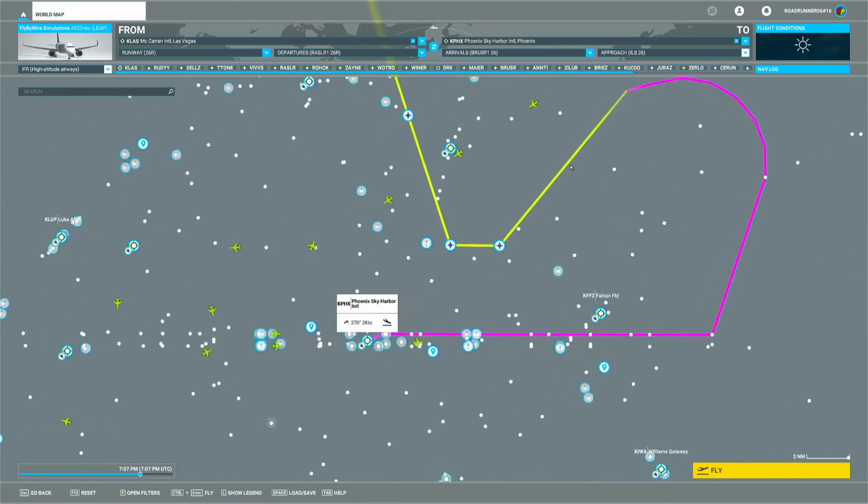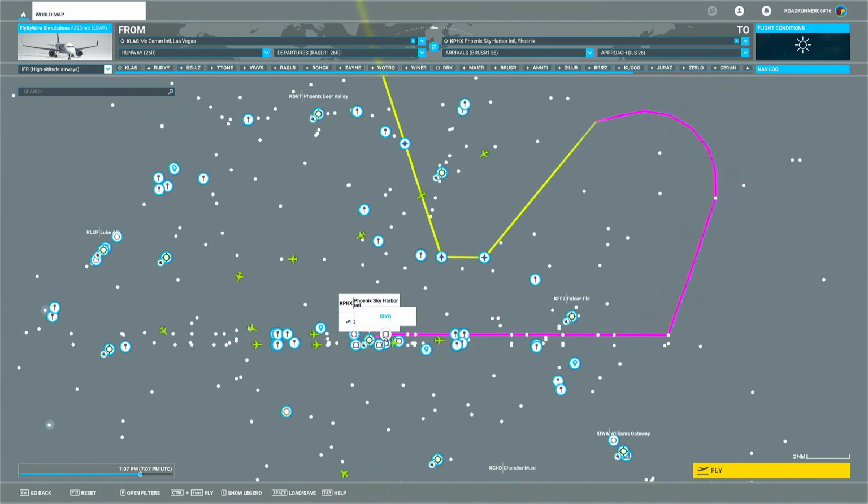So to land on runway 26 with ILS, you have to follow this purple route to reach the direction of the runway itself. If you were arriving here, it would be very difficult to maneuver, right? For a small plane, yes, you could do that. For jet airliners, it's going to be very difficult. So you have to follow this purple route, then capture the ILS glide slope and land here. Okay, so that is